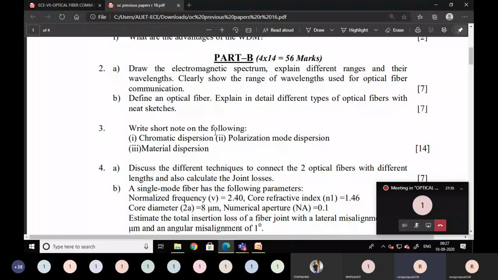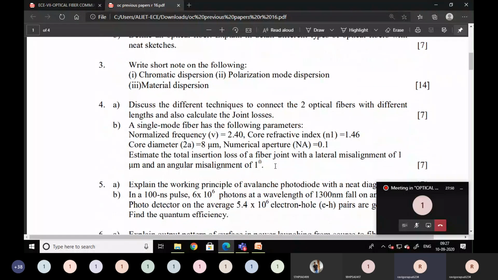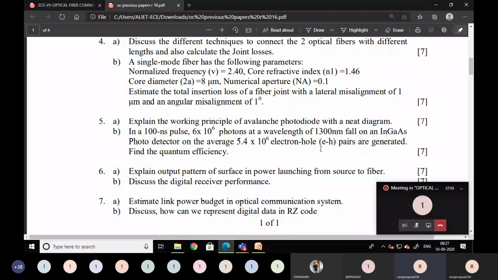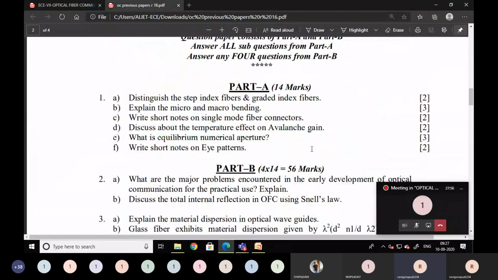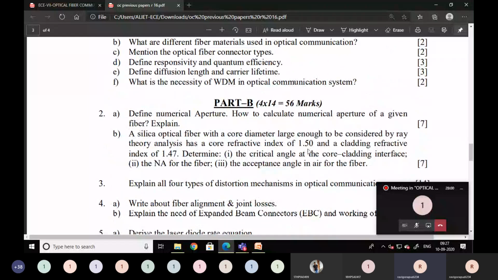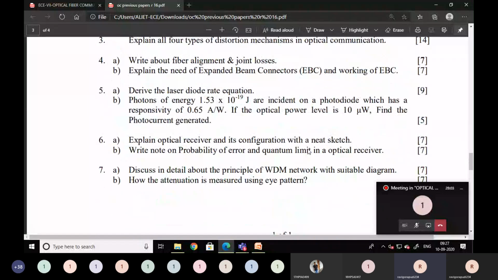Maximum A and B will be asked. A is 7 marks and B is also 7 marks. Total 14 marks for each question. Sometimes, not sometimes, maximum times, each question consists of 1 theory and 1 problem. 1 theory and 1 problem, maximum. Okay. So if you observe all the questions in all chapters, maximum B is a problem. Maximum B is a problem.